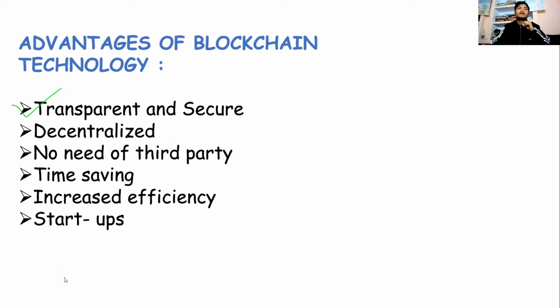How is it? When we talk about transparency, in blockchain technology there is a block. I would like to tell you what the block is and how it looks. This is a kind of block, as it is in front of you on the screen. In one block there are three columns like this.